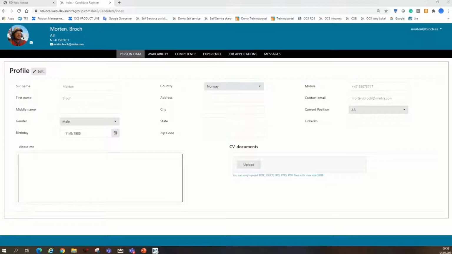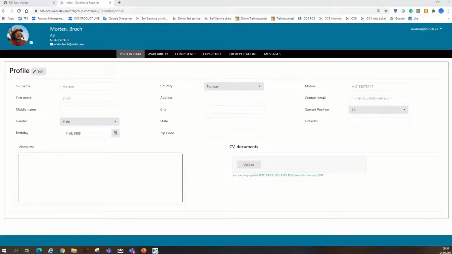OCS Hr can be used to set up a pool of candidates applying for positions in your company. Job postings can be created on the company's web page, where candidates for specific positions or external personnel who want to be part of the pool can update their personal information, their mobilization availability, their competence, experience, and so on. All this information is inputted outside the database, and you can then assess and choose personnel for permanent employment or